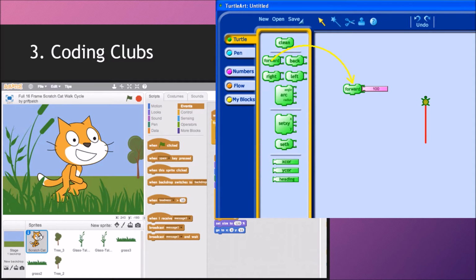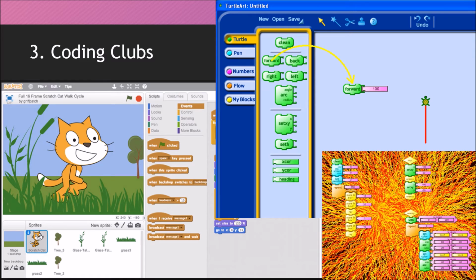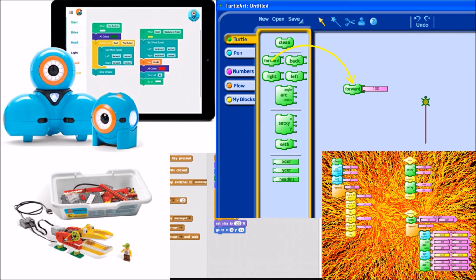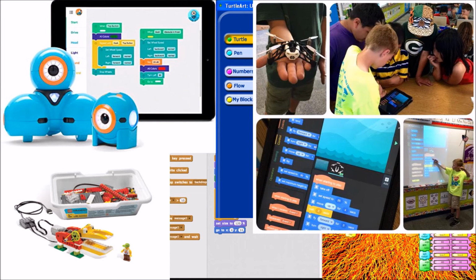Another option includes Turtle Art, a design tool that combines art and numeracy to help students visualize coding challenges. Some coding applications extend to the physical world, such as Dash and Dot, or Lego Robotics, where coding controls a robot. There are even mini drones which can be controlled by coding. Starting a coding club at your school or in your classroom is easy, and we would be happy to provide support for you getting started.